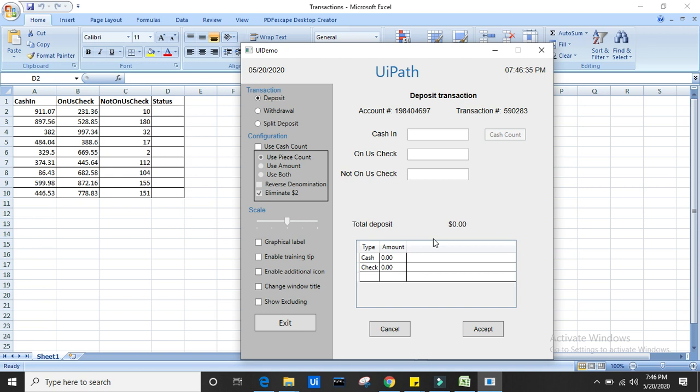So in this video, I'm not going to put any validations, but once we keep on moving towards more complex workflows, I'm going to put in the validation. Okay, so here the demonstration is very simple, the use case is very simple. Just process this data into the UI demo application and just update the status. So keep it in mind, we are not going to validate anything in this example.